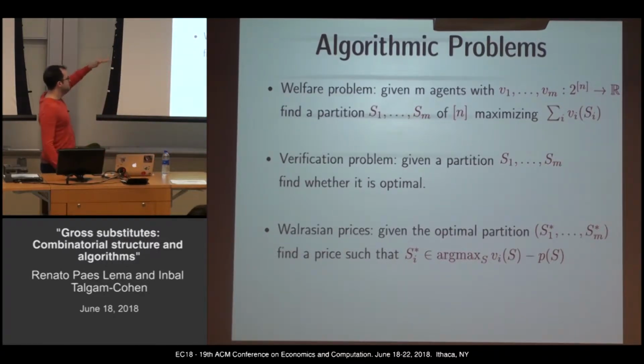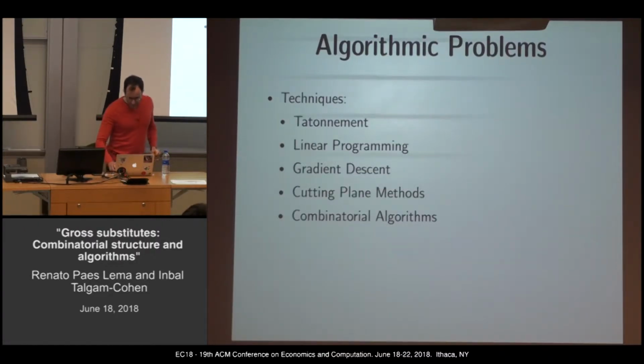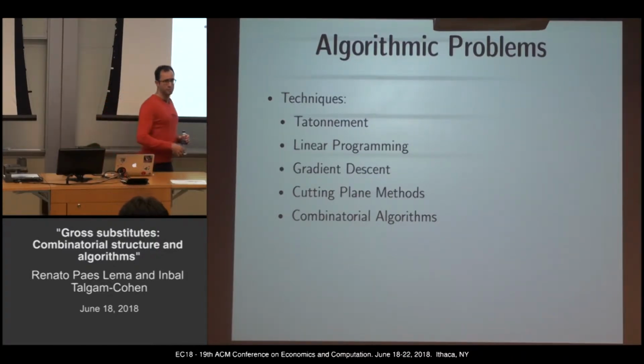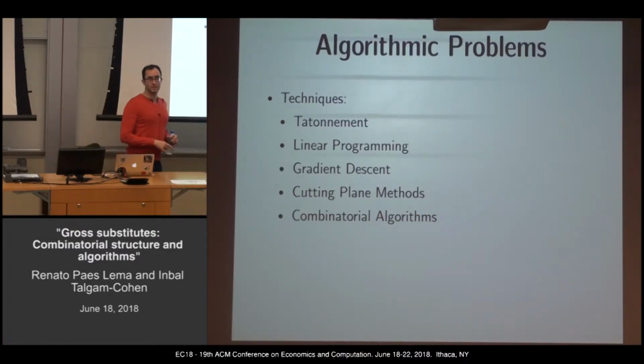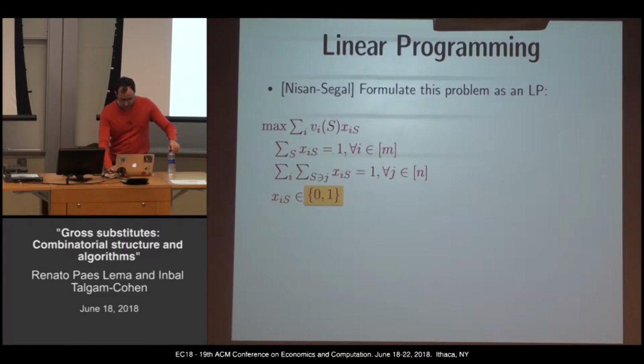So the hardest, and then you go to easier problems down. I'll solve them from bottom up. One interesting thing is that there are many different techniques for solving those things, and they are a combination of all the techniques that you can use to compute market equilibrium or solve the welfare problem. The first one I just described when I started this tutorial by describing what is tatonnement. What I'll do next is describe all the other techniques. All right, so linear programming.